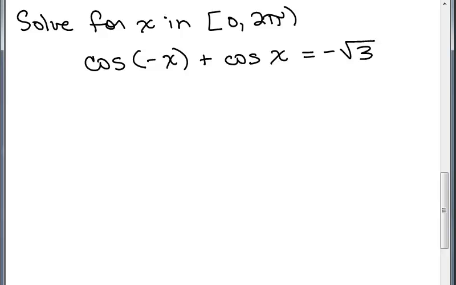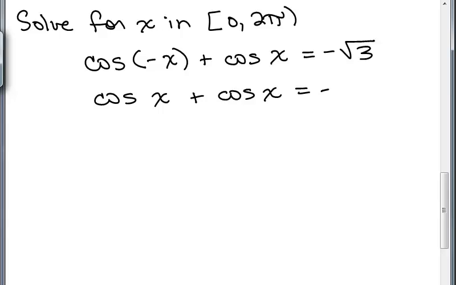All right, so let's try this one. Solve for x in 0 to 2 pi. Cosine of negative x plus cosine of x equals negative square root of 3. So the first thing I notice is I have a negative x here, but I have a positive x here. So I'm going to use my identity for the cosine of negative x. Cosine is an even function, so this could be written as cosine of x